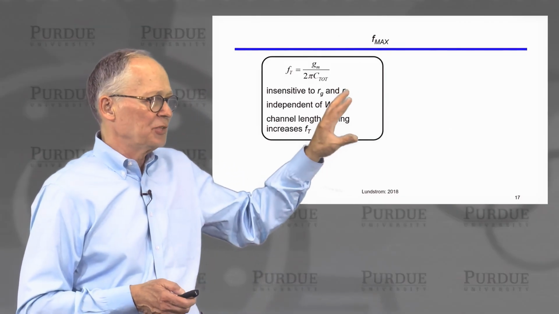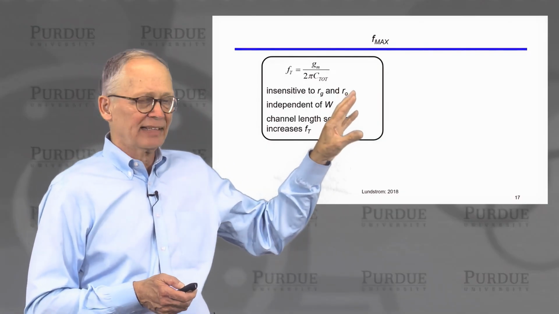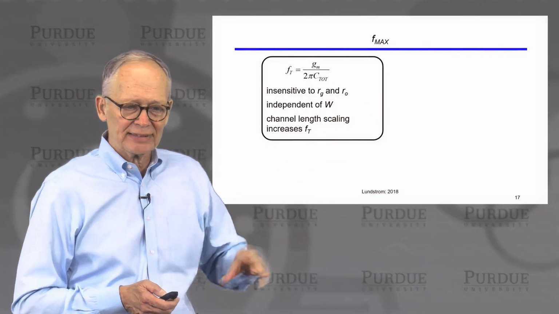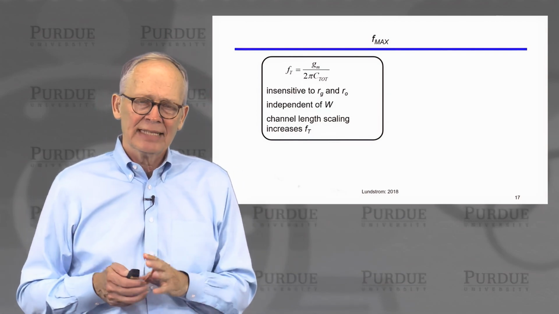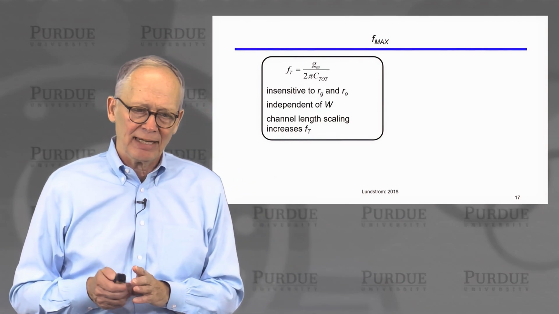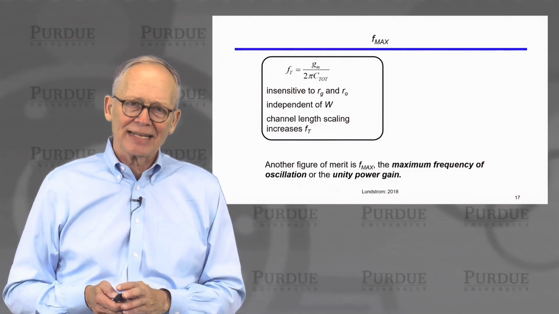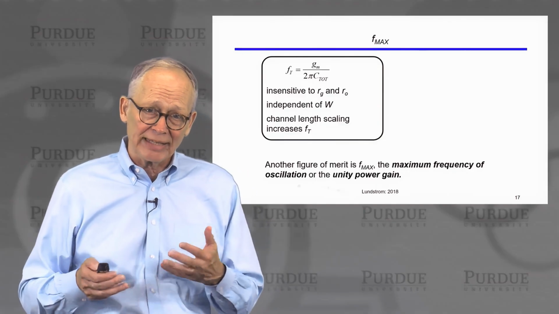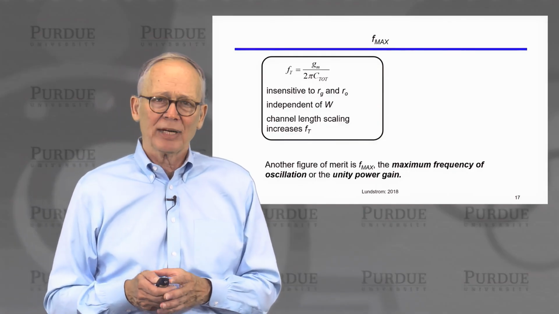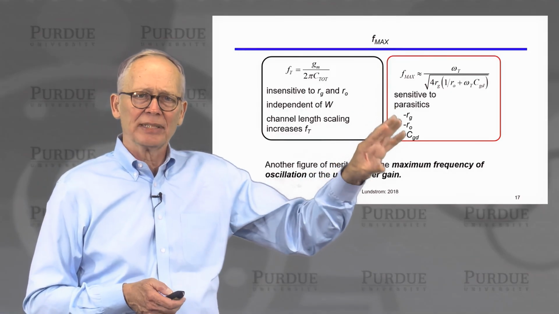So we have this f sub t. It is insensitive to things like the gate resistance and the output resistance. It doesn't give us the full picture of how a realistic circuit that's configured in more complicated ways might operate. There is another figure of merit called f max, the maximum frequency of oscillation, or the unity power gain frequency. That requires the analysis of a different kind of circuit, and I'll just show the results here because